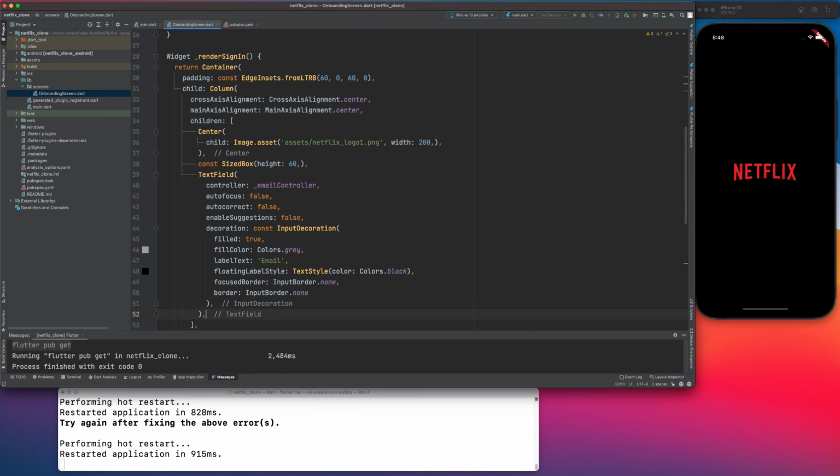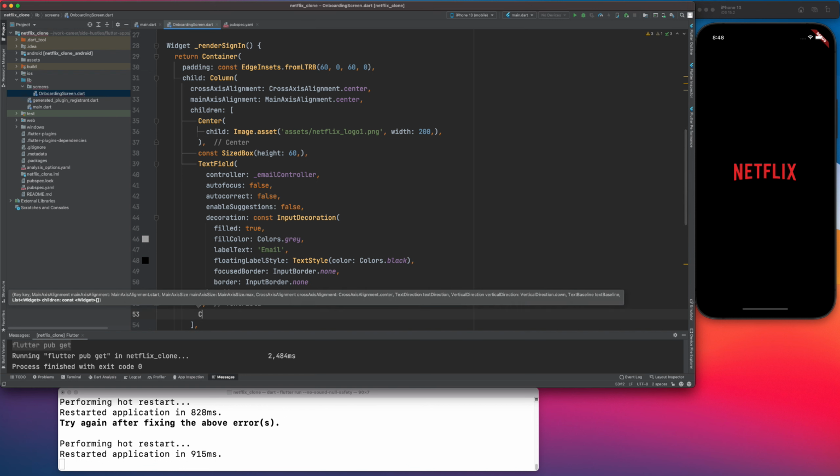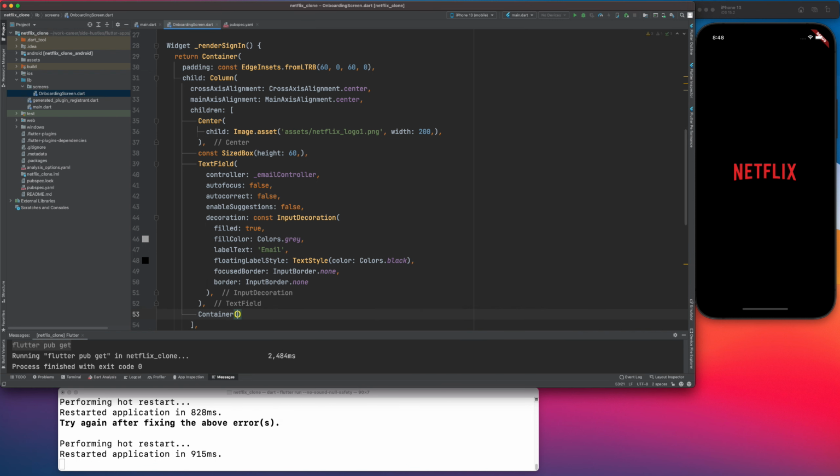Okay, so once this text field is done, I will have a container,